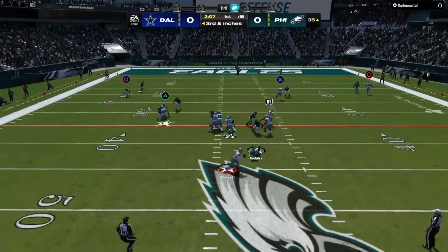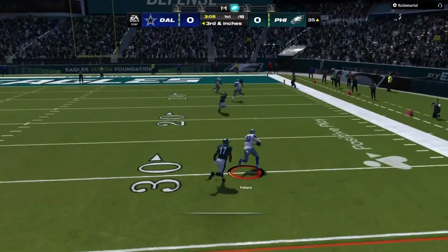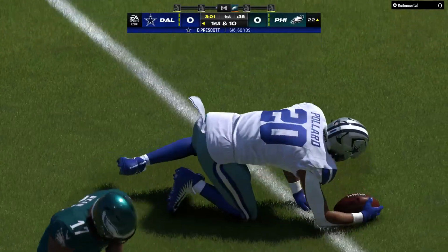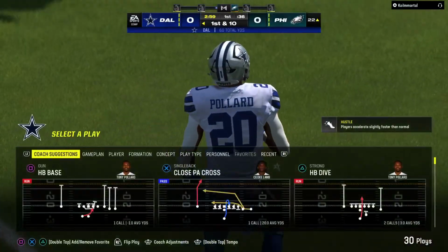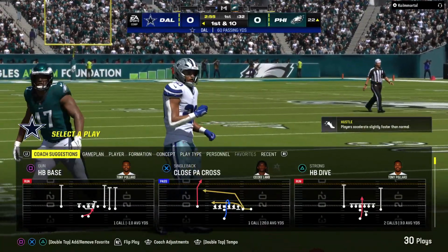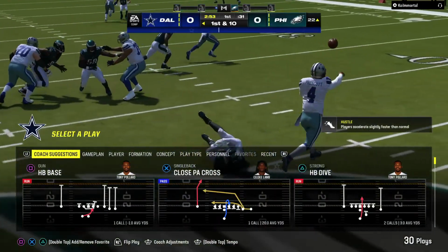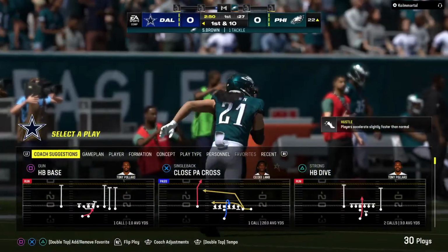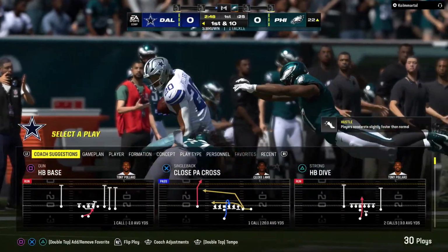On play action, Prescott. Swinging this out for Pollard. And he has another 1st down as they'll get the ball down to the Eagles' 22-yard line. They give them 13 yards there on the play and a fresh set of downs. Solid opening drive so far, Charles. They've moved this football into field goal range, but you know that they want to cap this off with 6